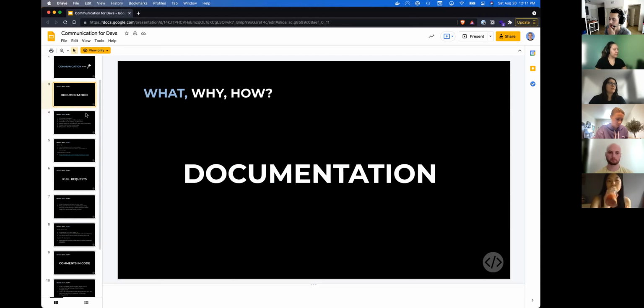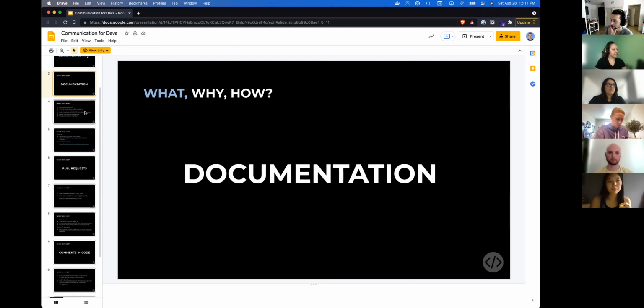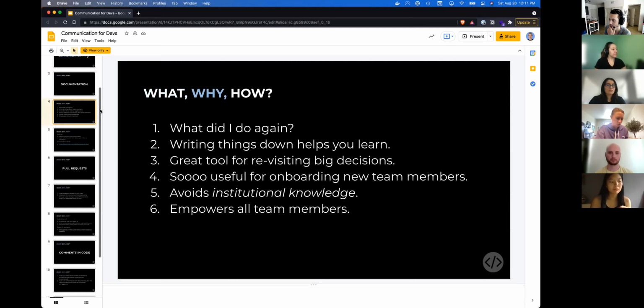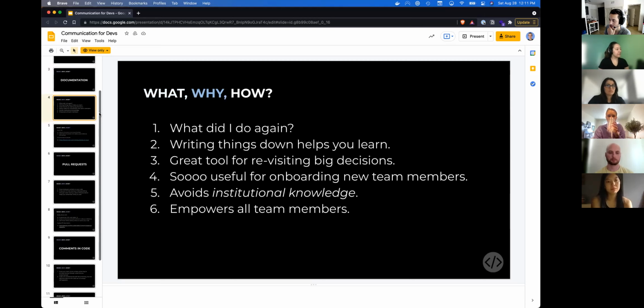So the first item we'll go through is documentation. It's pretty important to have documentation. I try to have documentation for everything, because as you've probably seen in other projects you've worked on, if you don't touch it for a month or two, you totally forget what you're doing. And also you might not be the only person working on a project. So if you want to express how someone should use something or why something was done, putting it in a documentation file that everyone can reference helps with that, so they don't have to come to you.